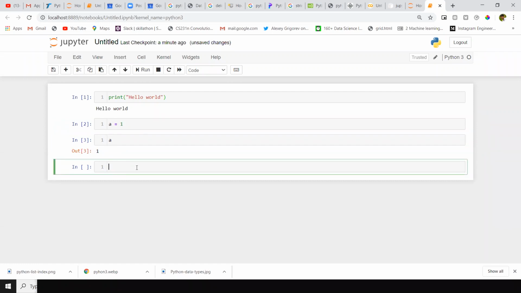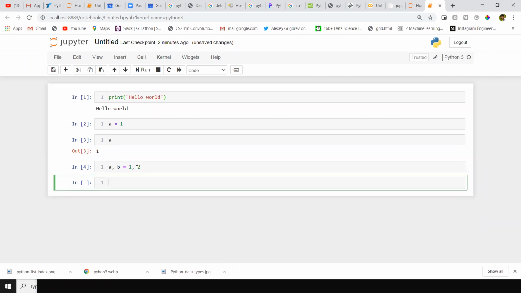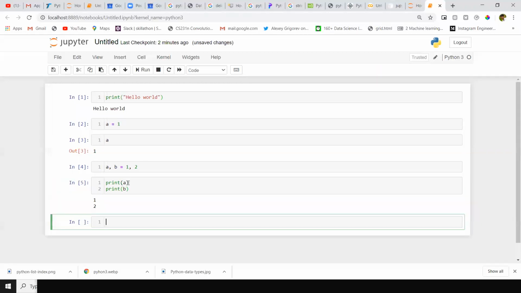In the same way, we can declare multiple variables at a time: a comma b equal to 1 comma 2. Now I am printing these two variables.